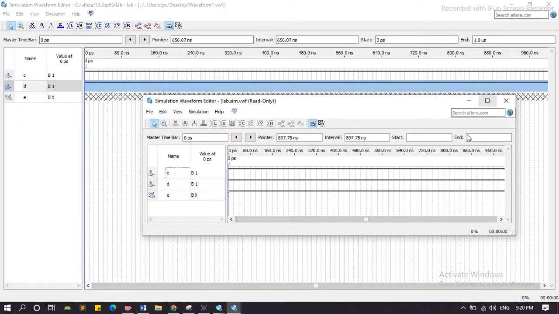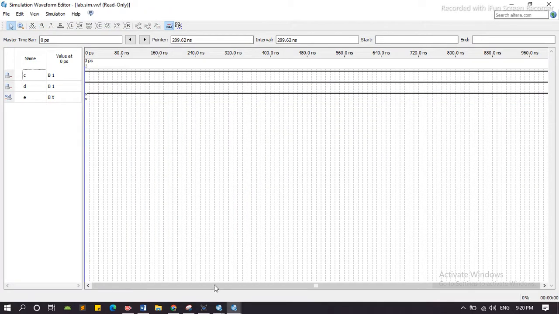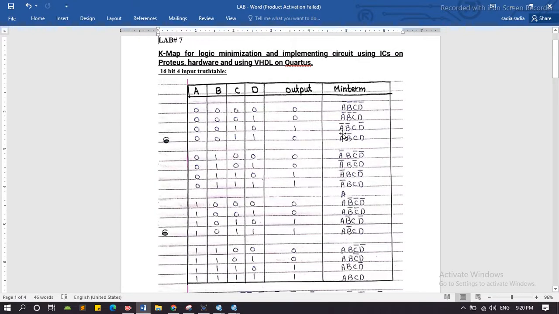We can see from here that when C and D are both 1, the output is also 1. We studied all 7 behaviors of the truth table with the output 1. In any case, when we set the input C is equal to 0, then the output is also 0.